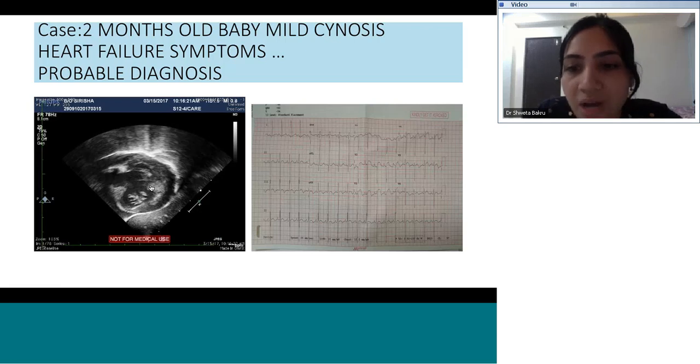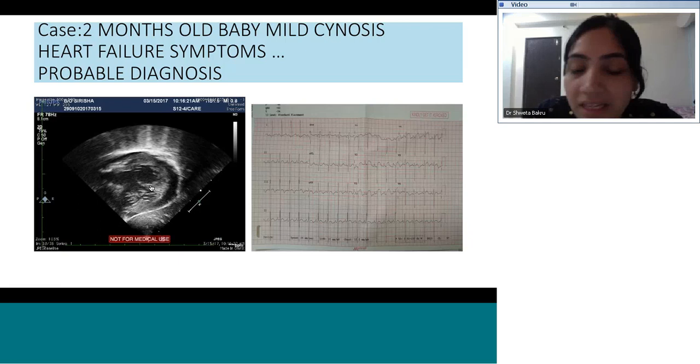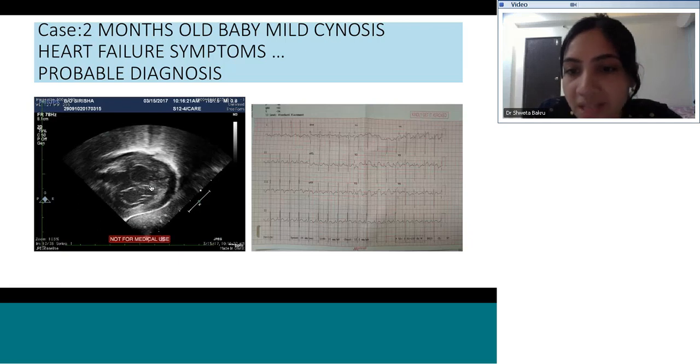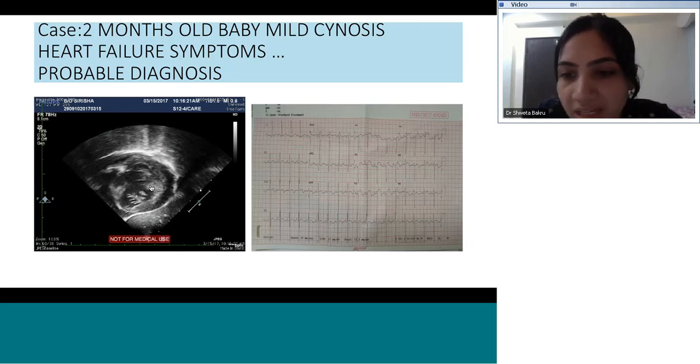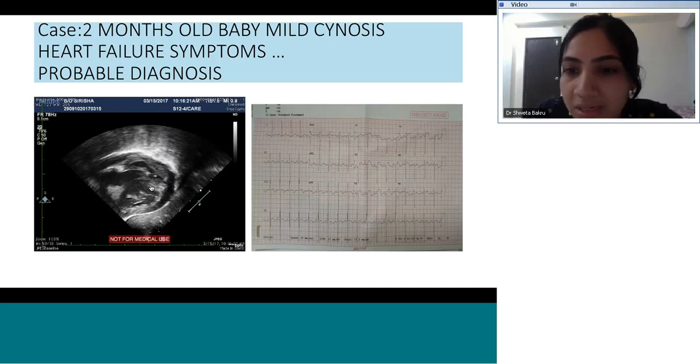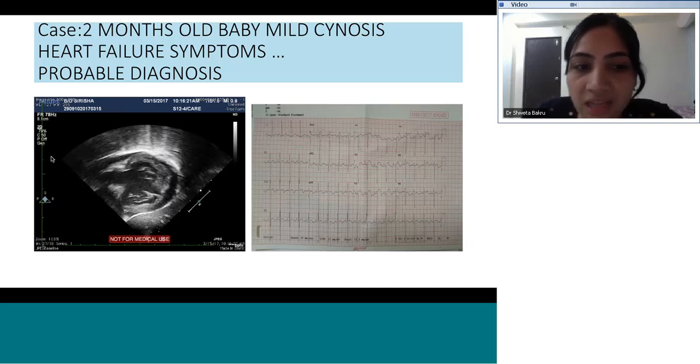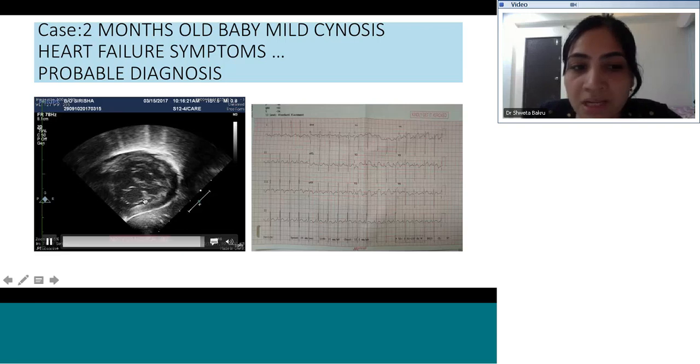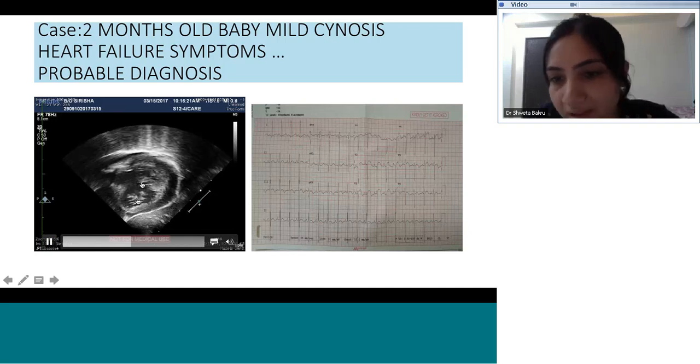And second, to identify the individual leaflets and their morphology, because it is very nicely seen in the subcostal en-face view of AV valve. It is a kind of coronal view, and then there is a little bit of anterior tilt where we are seeing the outlet also of this chamber. So what I wanted to suggest by this picture is that there is a single ventricle, and in that ventricle the two AV valves are opening.